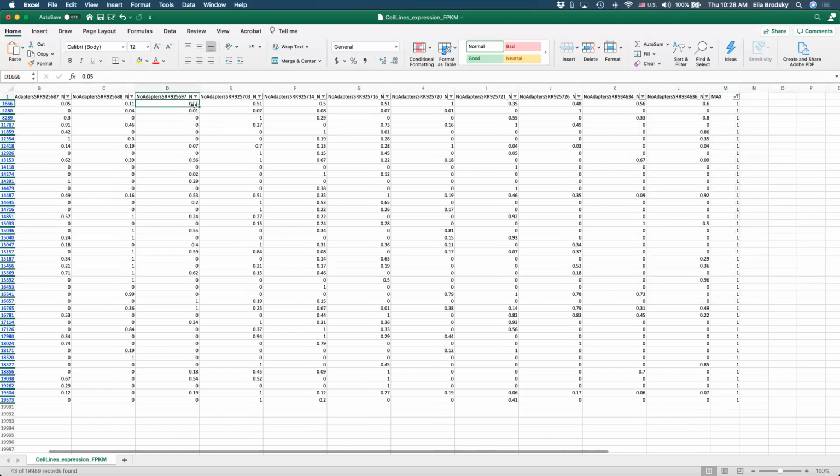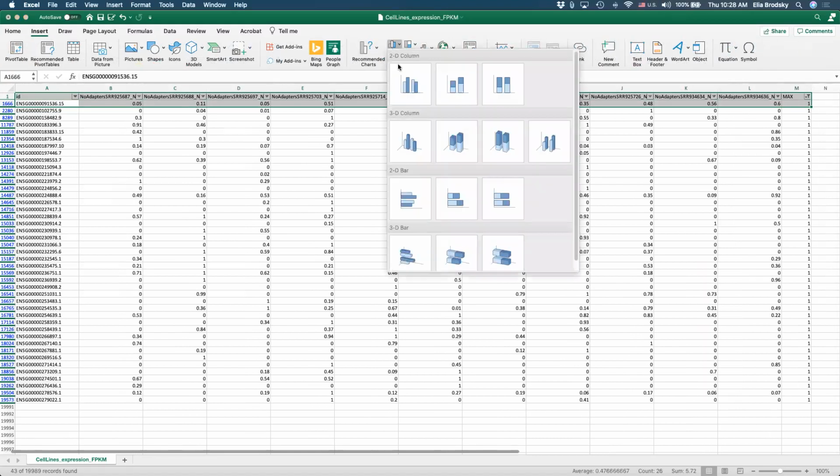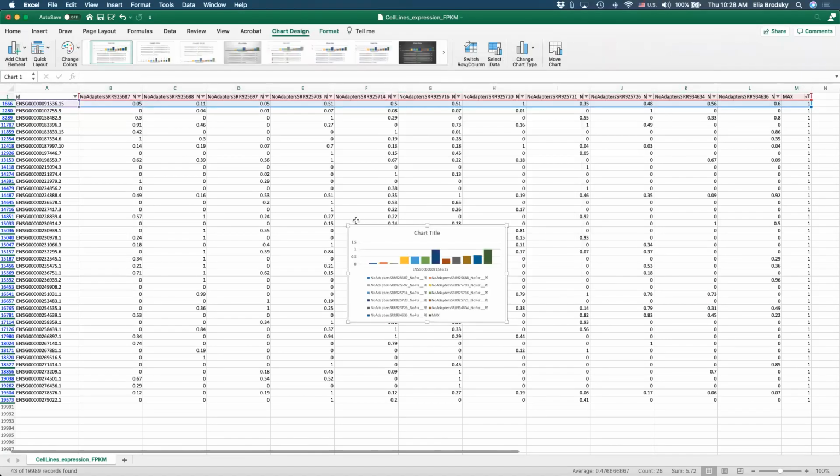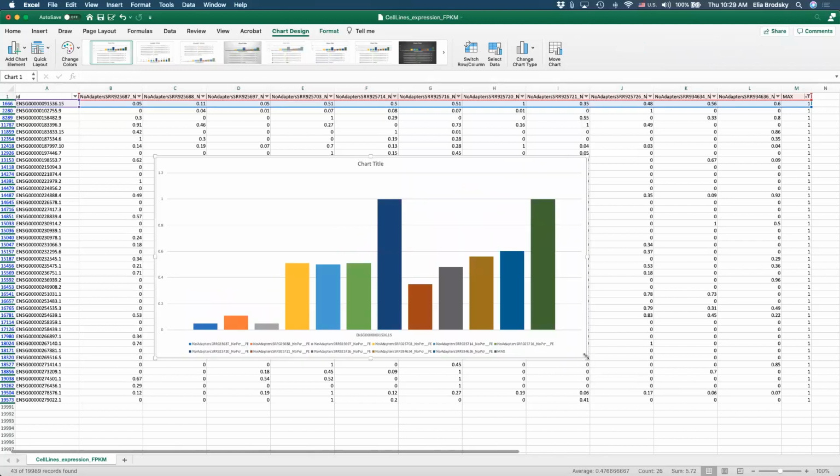Now let's take a look at some of the genes that have a maximum of 1. How do we make a bar plot? Let's make a quick bar plot and take a look. Okay, so here I have a bar plot.